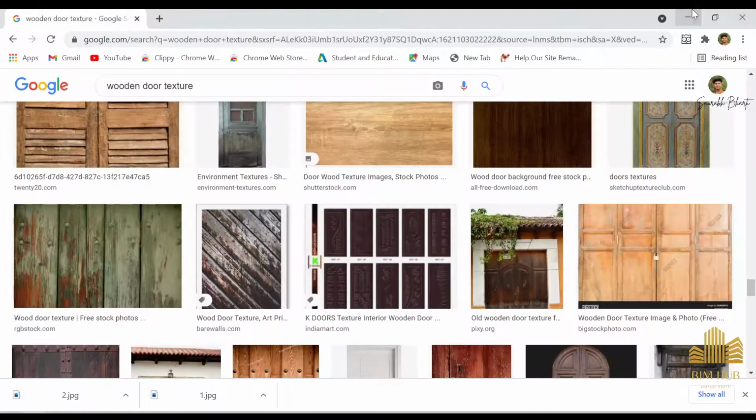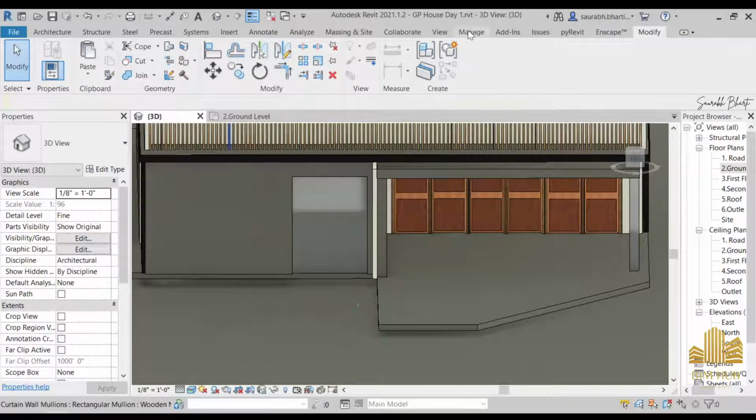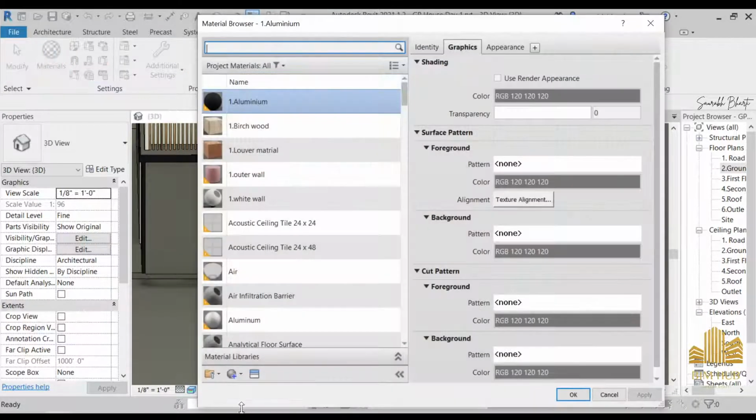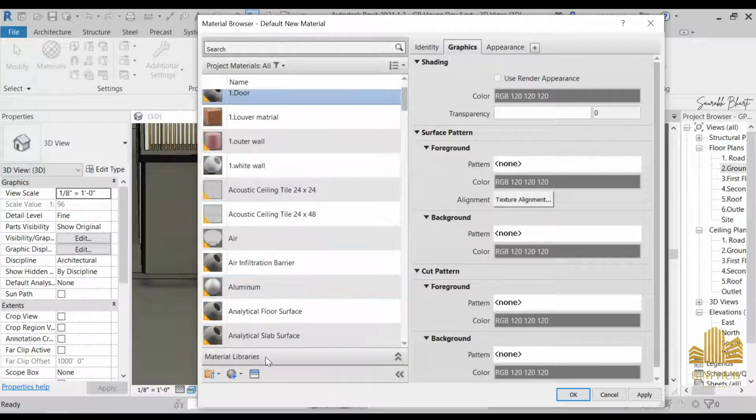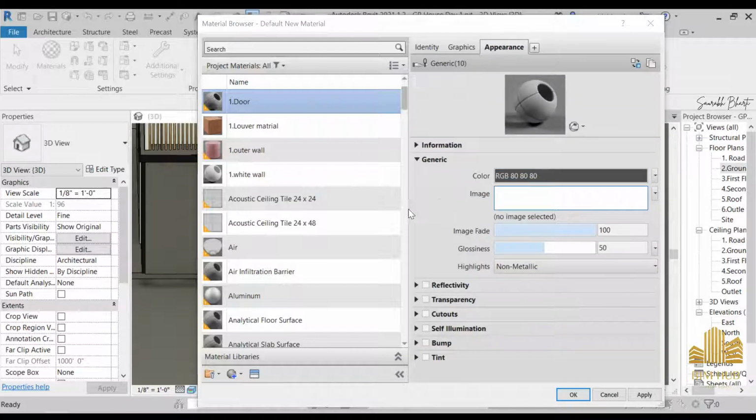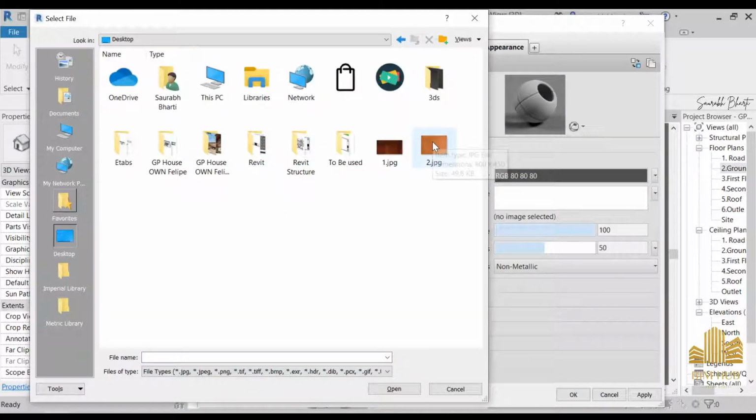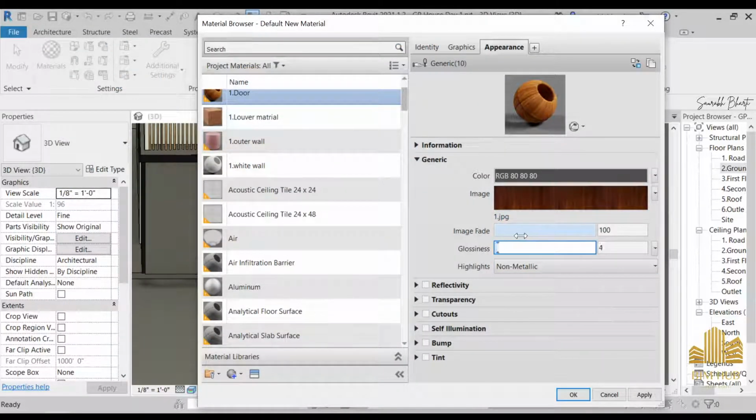Okay, we have two of the materials, and we are going to make a material for this door. So you can go to manage first, and then material. You can create a new material, rename it one dot door, and now we can go to reuse render appearance. Here we are going to select an image that is saved on the desktop. Select this one, and then glossiness, just reduce the glossiness. And okay,